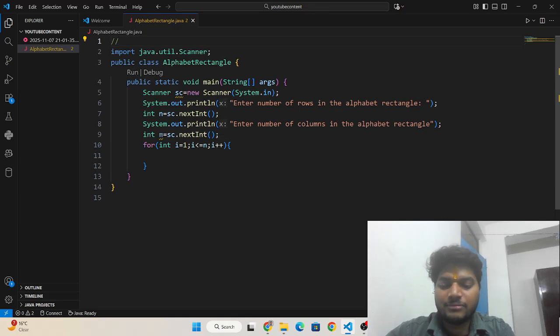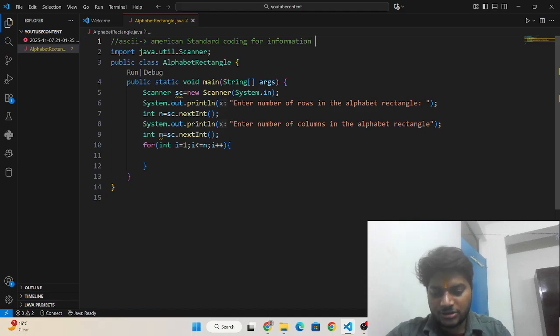So we have the ASCII value. ASCII stands for American Standard Code for Information Interchange. Okay, this is the full form of ASCII.